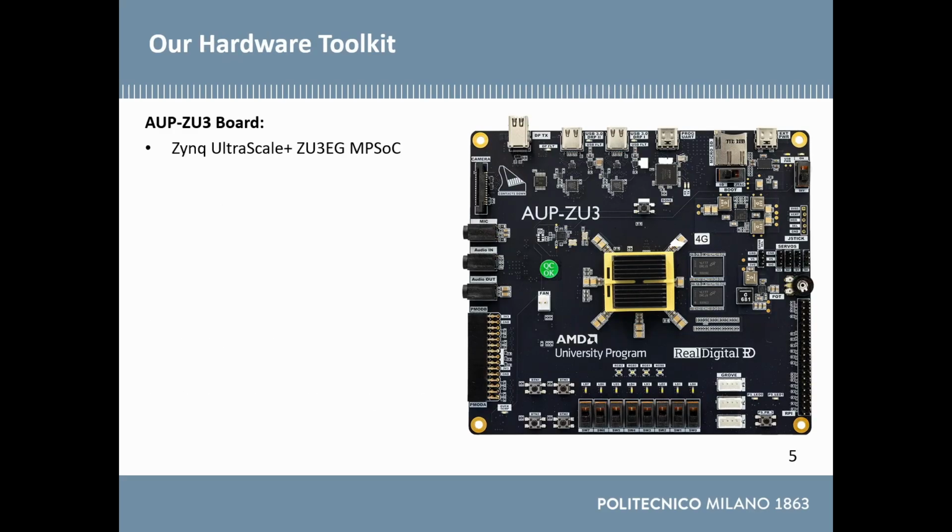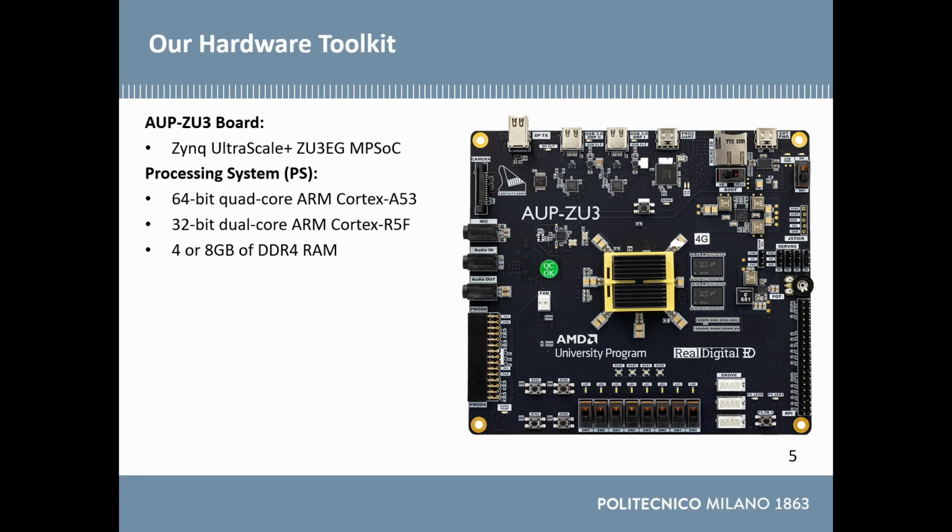And the physical board that brings this all to life is the AMD Zynq U3. It's a fantastic and cost-effective board for learning. As you can see, it's packed with features. At its core is the Zynq U3 EG MPSoC. Supporting the processor, we have 8 GB of fast DDR4 RAM, which is essential for running a full OS. For I/O, it has everything you'd expect from a small computer: USB 3.0, Gigabit Ethernet, and even a mini DisplayPort